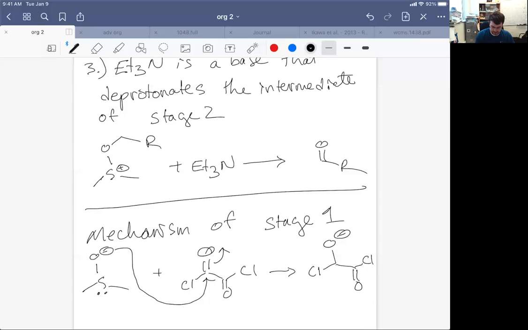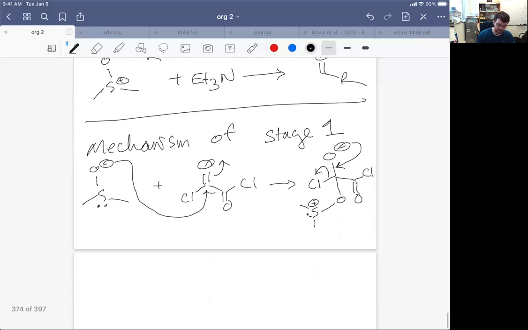I'm just going to go down, and this is the oxygen atom from the DMSO. Our sulfur is positively charged. It's the oxygen with its negative charge added to a carbon. Now this oxygen with a negative charge up top actually can eliminate the chlorine atom by coming down and pushing off the chlorine to give rise to a structure that looks like